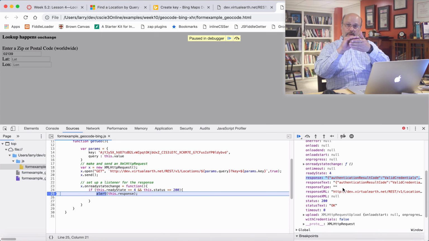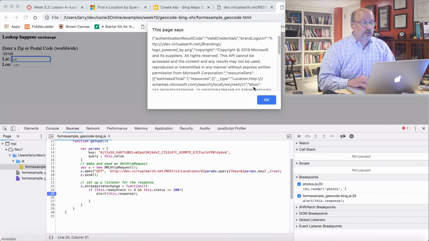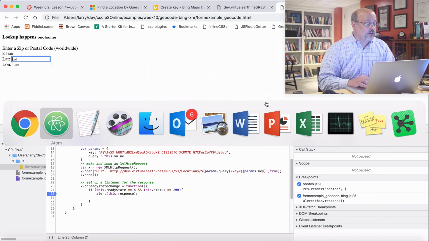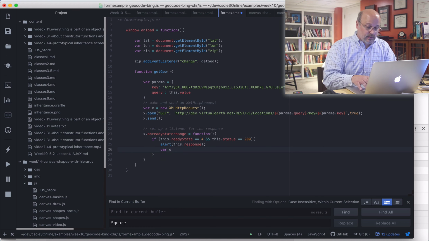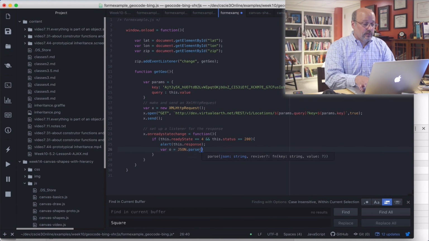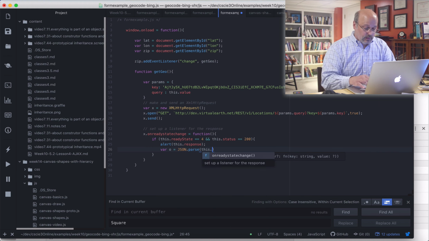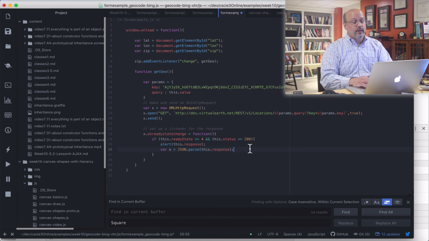And I actually want to be able to browse this as an object. So this is helpful. But what I'm going to do, okay, that can go away. Let's go to the editor. And what I'm going to do for convenience is I'm just going to set a variable called O, which is JSON.parse this.response, right? So in this case, I'm going to parse this thing so that I can see it